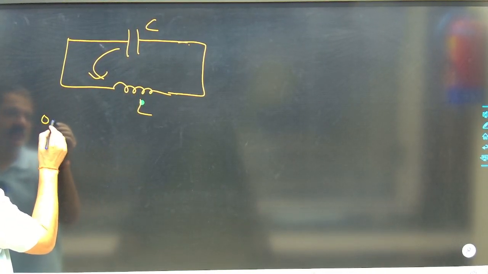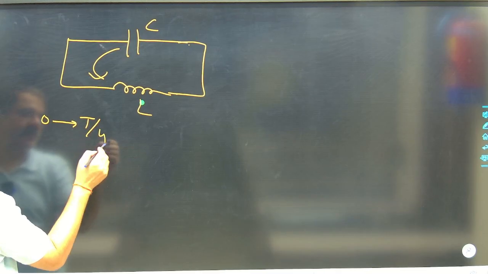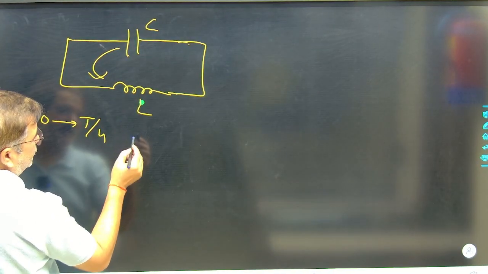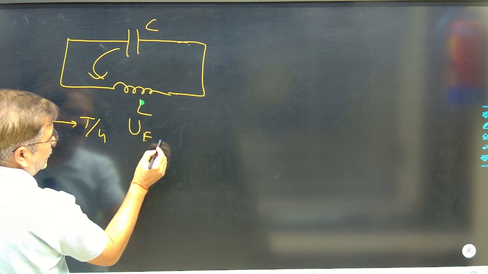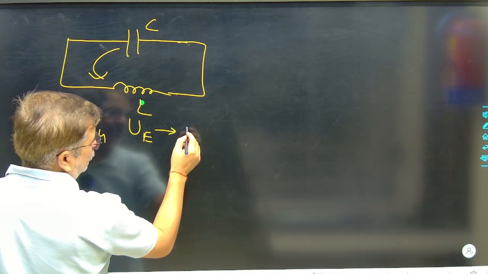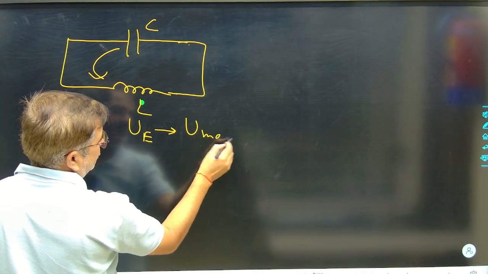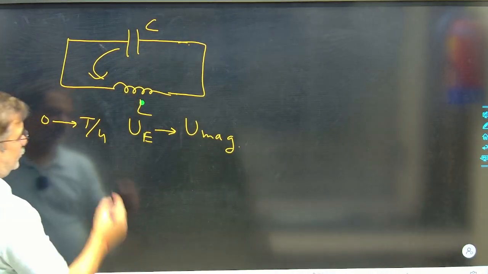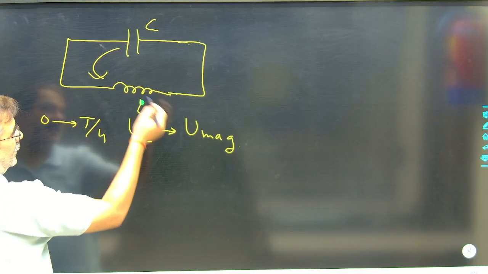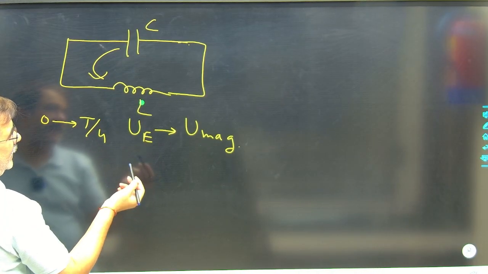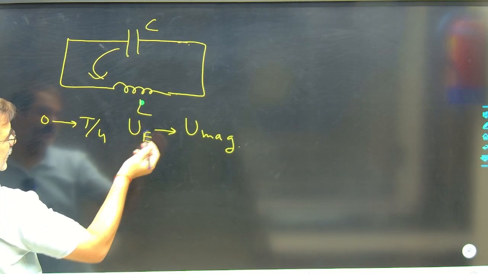If I say 0 to T by 4, this electrostatic energy U_E will start converting into magnetic energy. Correct. Electrostatic to magnetic energy conversion will happen because for 1/4 of the time period, cos omega t is tending towards